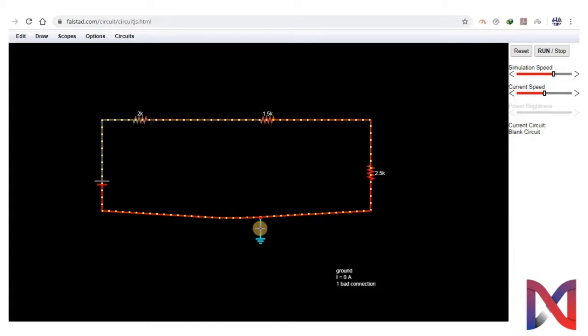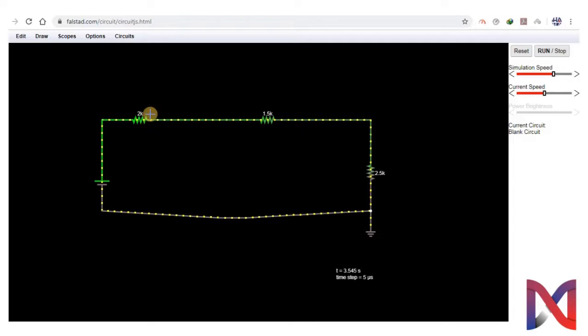So we will delete it and place the ground again. Now you can see the ground is connected and this whole path is of ground. Now what do you think, what will be the equivalent resistance of this circuit?